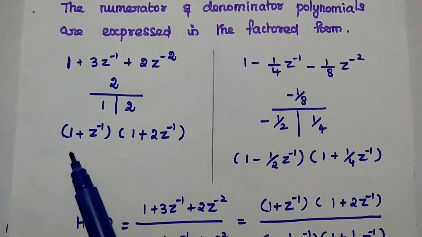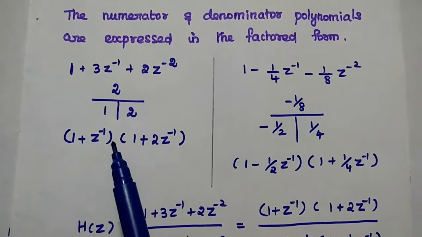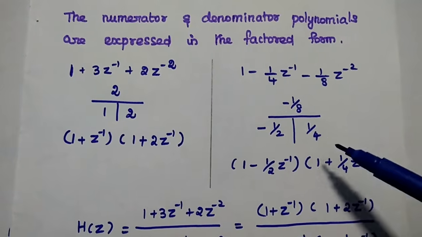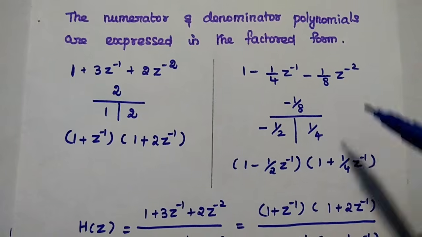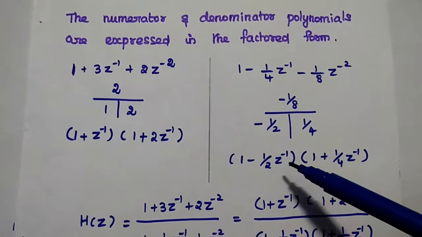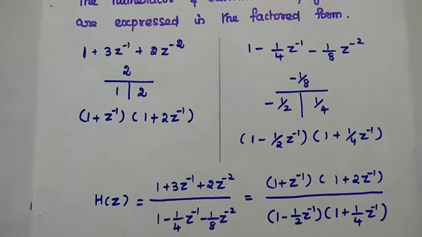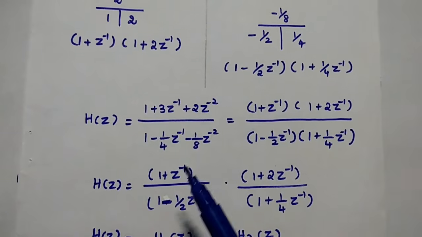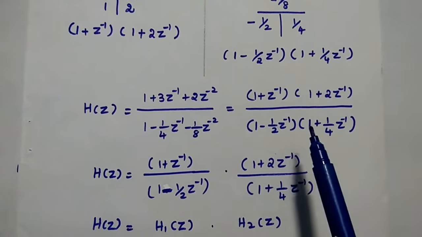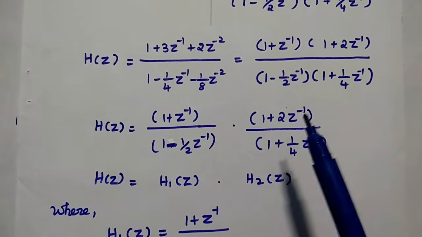For the numerator polynomial, its factors are 1 plus z power minus 1 and 1 plus 2 z power minus 1. Similarly, for the denominator polynomial, the factors are 1 minus 1 by 2 z power minus 1 and 1 plus 1 by 4 z power minus 1. Then we can write H of z in factored form like this. So here we can separate these factors like this,